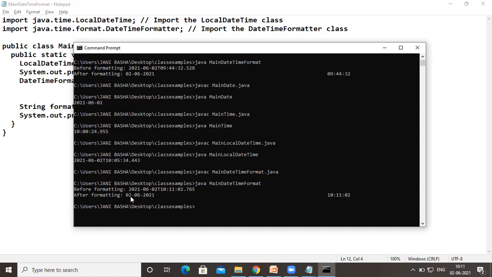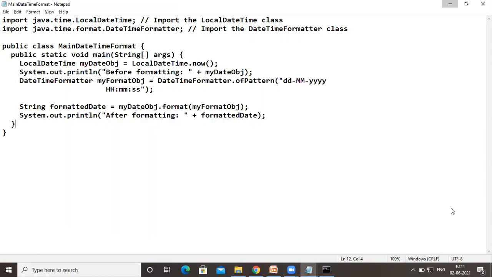That is, first the month will be printed, followed by the date, then the month, followed by the year, and the time will be printed here. So a time is printed with a small gap, 10 11 2, right? So this is how we can use this format method.